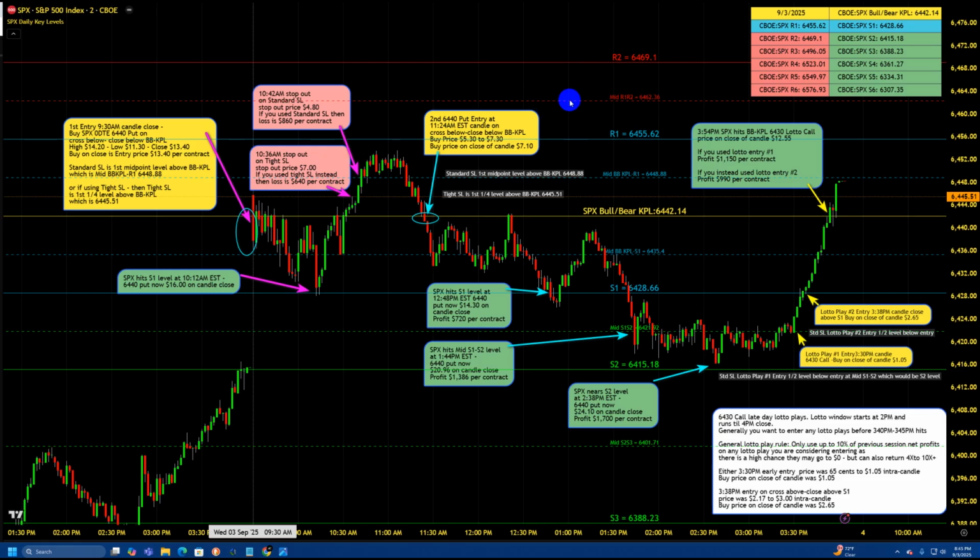If you were instead taking a bearish play from here on the R1 level later in the session, then your standard stop loss would be mid R1 R2, and your tight stop loss would be the quarter level above, which again, for right now, you would have to manually do the quarter level by just adding the two levels together and dividing by 2. As I said earlier, we will be coming out with an update to this indicator very soon that will include, among other enhancements, the auto plotting of the quarter levels,